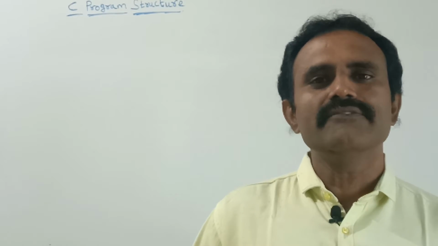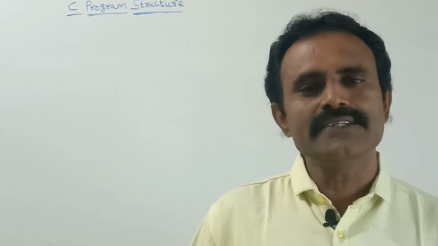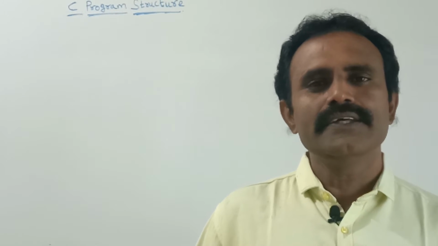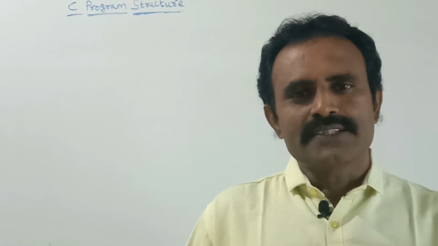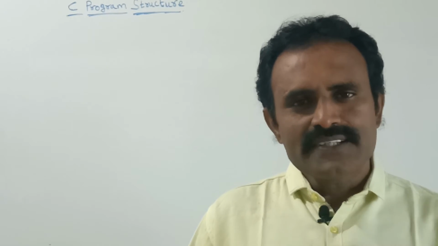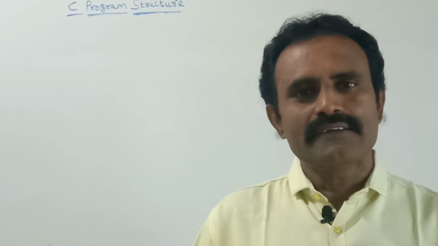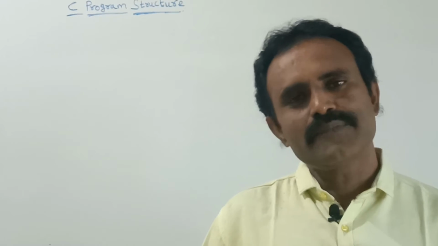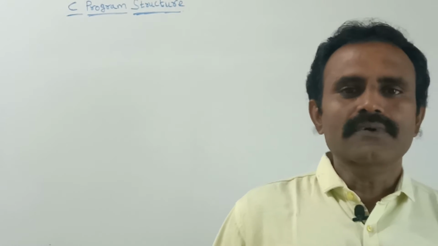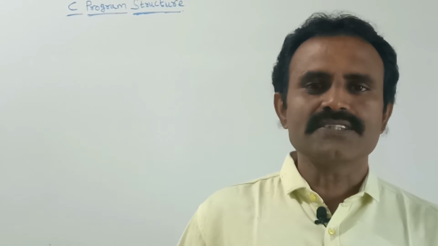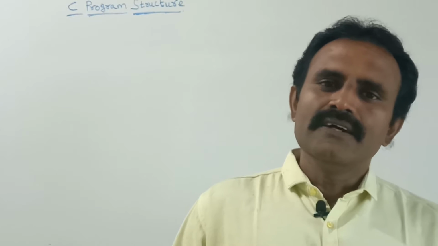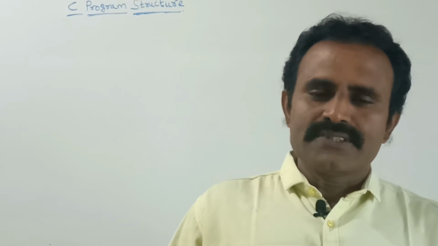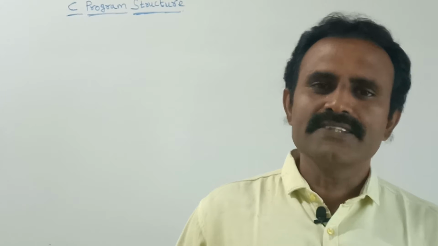Whenever we execute a C program, at the very first the controller will point to the main function. From the main function only it will start, and it will execute every statement from the main function. So this is the second step, we should include the function, that is the main function. After that we can use the variables. The third part is the variable part.